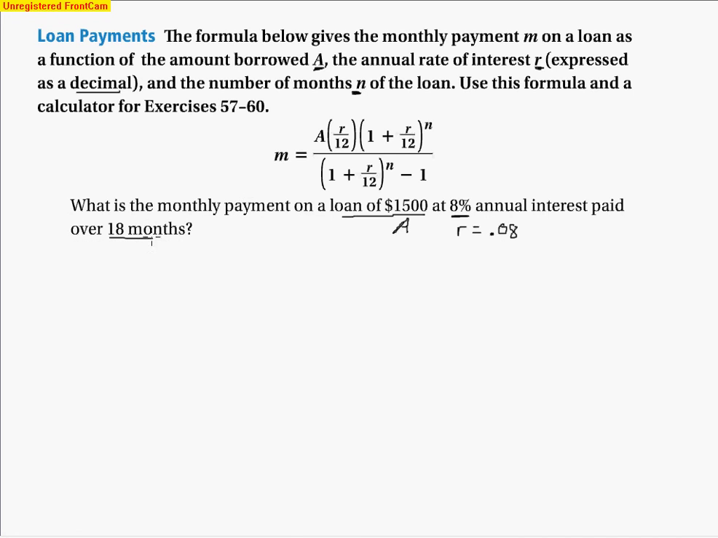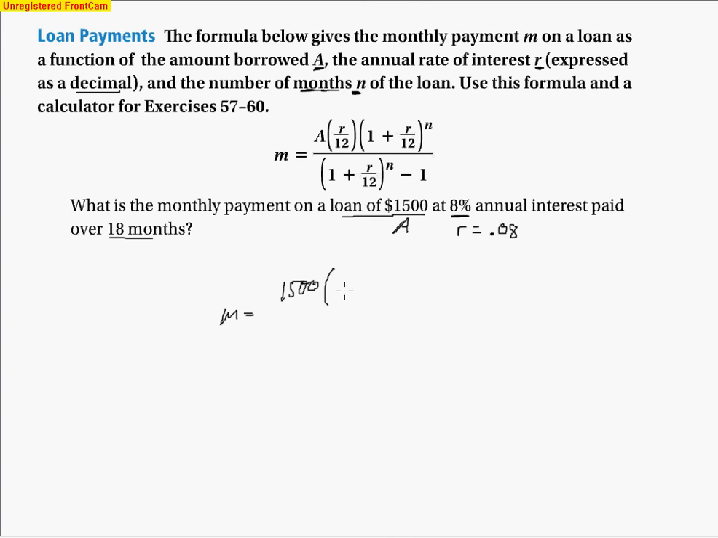So over 18 months. And so the N needs to be in what unit of time? Yes, it is in months. So sometimes the problems are in years, and so we have to check. And so this one is a number of months represents the loan. Okay, so now all we're going to do is substitute. We have M equals, and then in place of A, we're putting